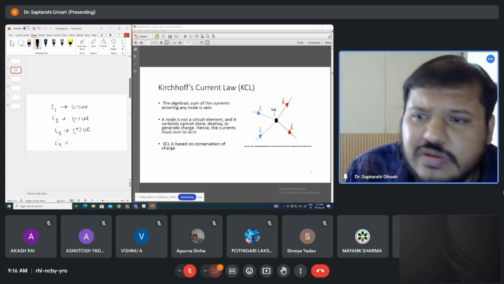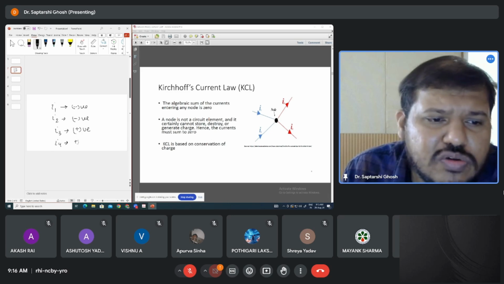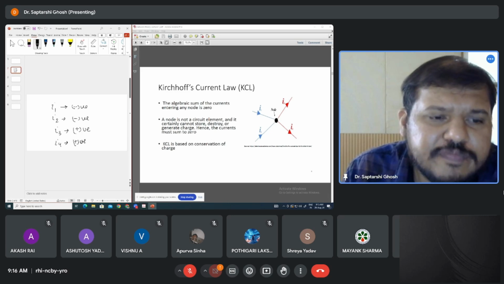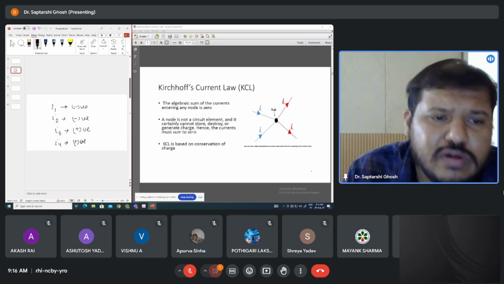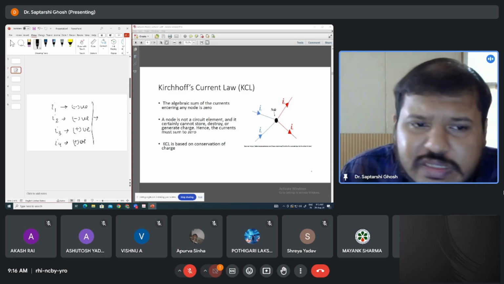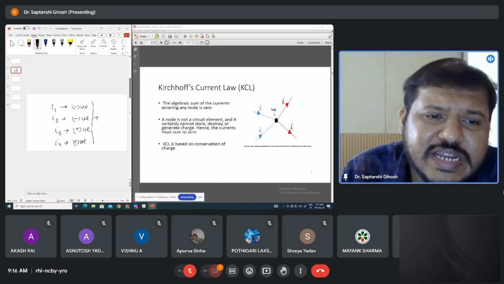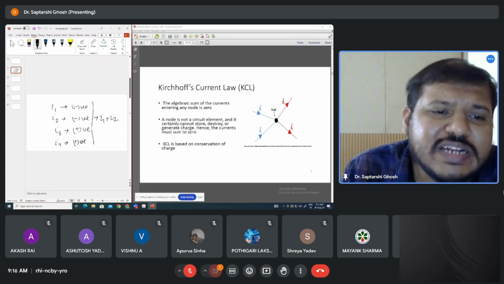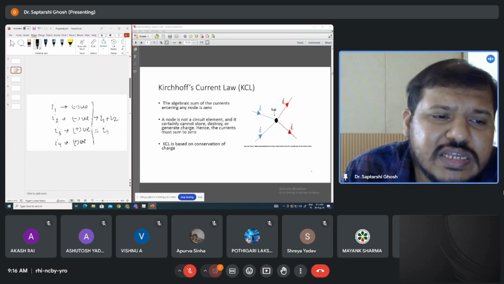I4 is going out, so positive. Now what I have told, the conservation of charge: whatever current is entering the node, that means I1 plus I2, that should be equal to I3 plus